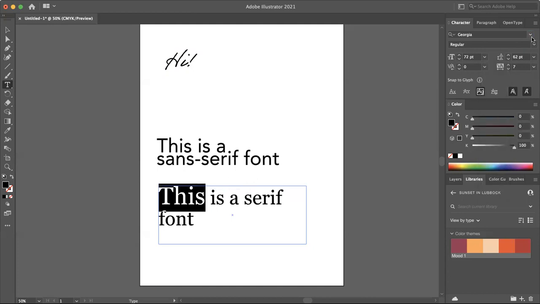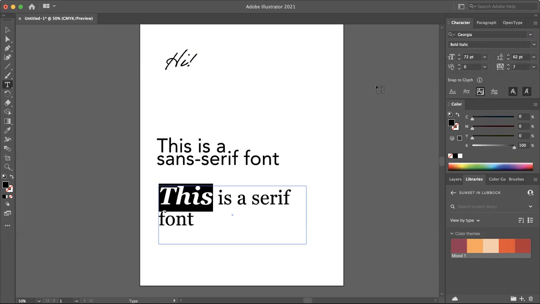Okay. To use different font styles within a font family, you come under the font family button, and some fonts have these options, some do not. Okay, you'll have to know that about your font. But if the different styles are available, they will show up here in your character panel under the font family menu as a font style.